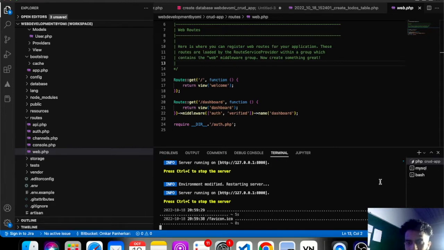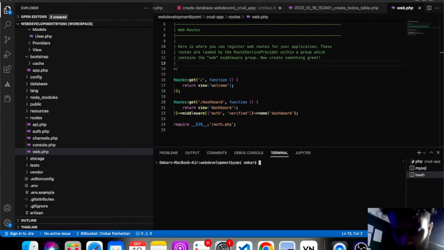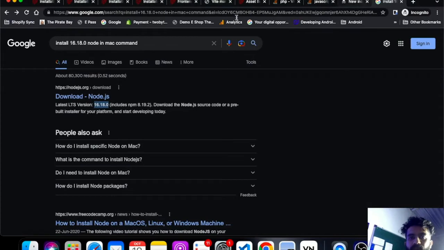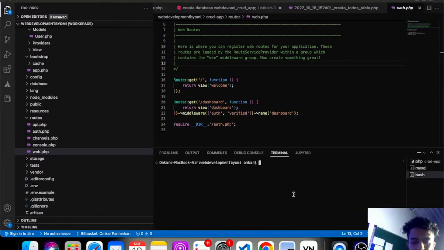Let me check node -v. When you install Laravel 9, then you need to install the latest version of Node.js, which is 16.18. Then only you will be able to build your Laravel application, and then only you will solve this error, which was Vite manifest not found, because Vite was not installed properly. Now, since everything is all set,